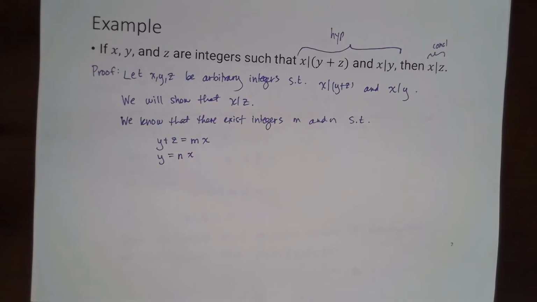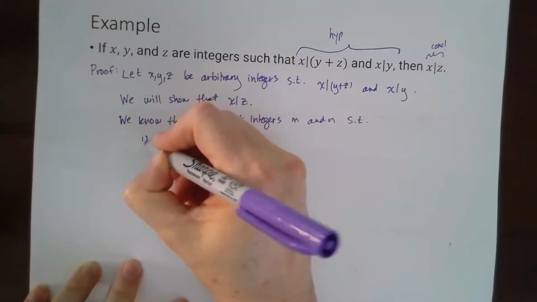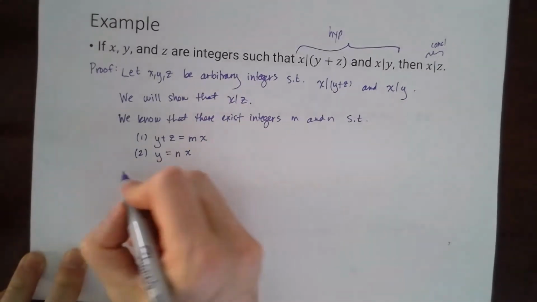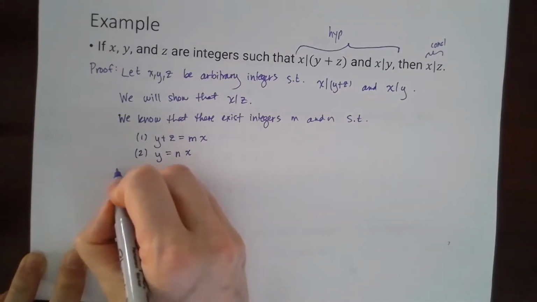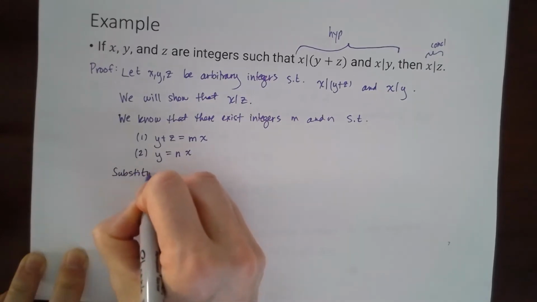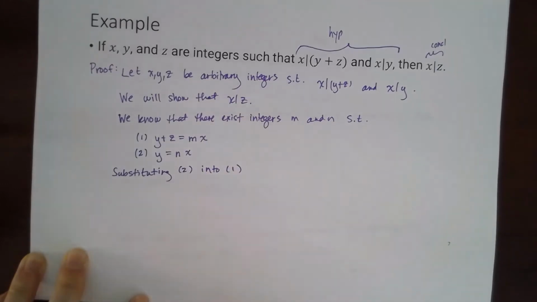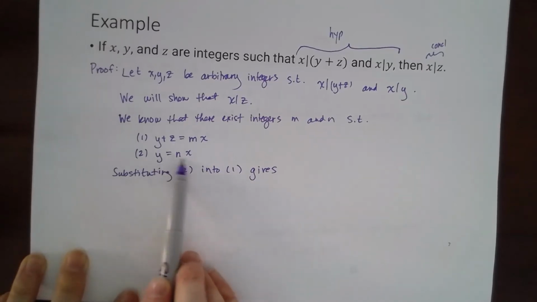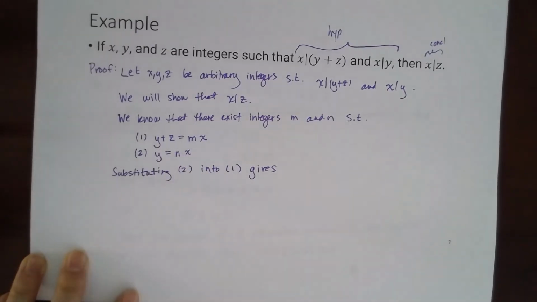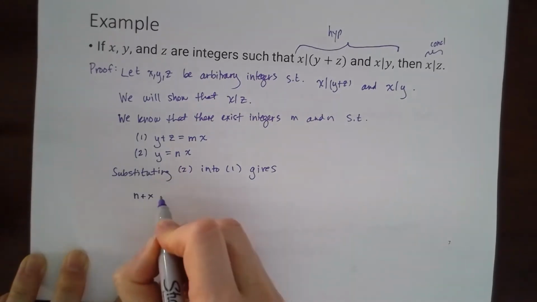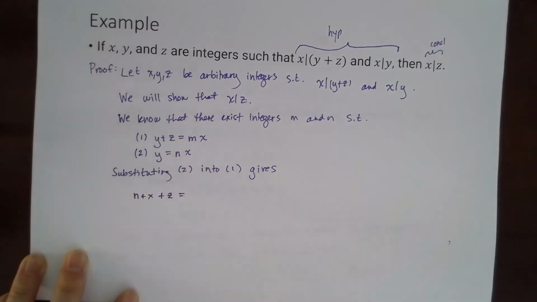And sometimes when you have multiple equations, I like to number them. I'm going to number these ones, okay, so that we can easily talk about them. So we could say, okay, substituting equation 2 into equation 1 gives, okay, so we can substitute this n plus x in for y in the first equation. So instead of y there, we'd write n plus x. We'd have n plus x plus z equals